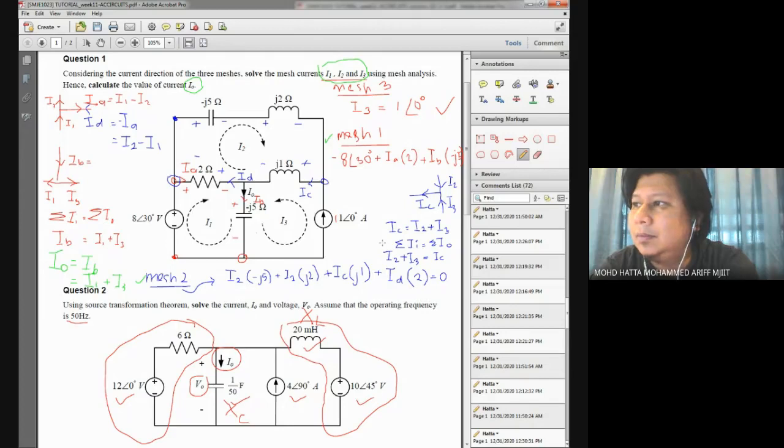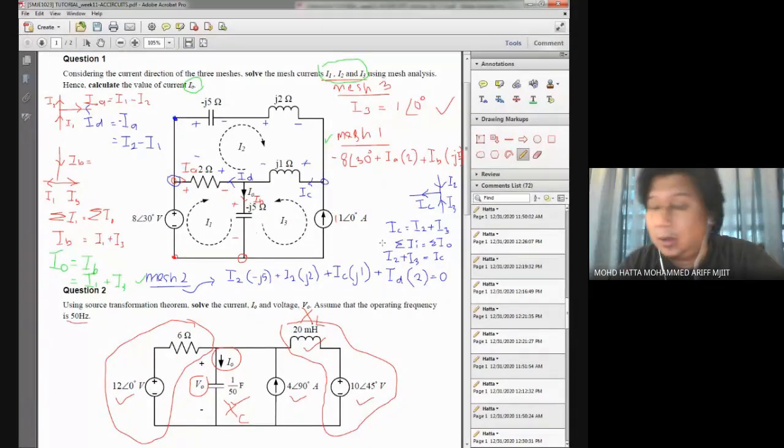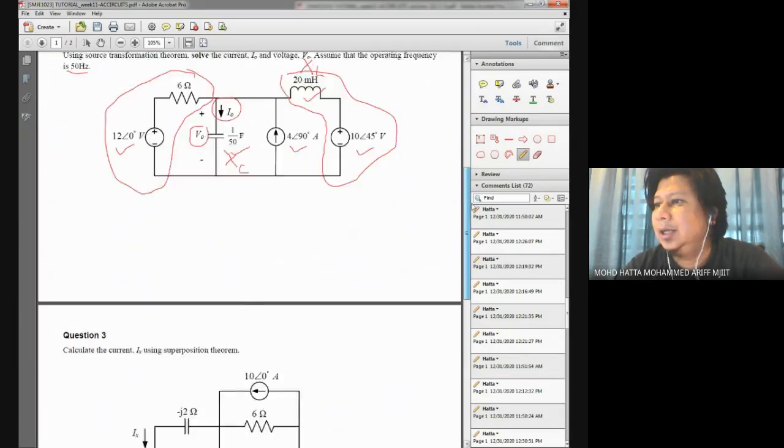But in general, this is how we solve mesh analysis, particularly for this question or this problem. And if you have a DC circuit, you can also use this kind of strategy. The first one is that you need to label your polarity, the voltage drop polarity, and later on work out the KVL around the loop and write your voltage drop in terms of currents. Okay, if you don't have any problem here, then we should proceed to the last question, and we have another